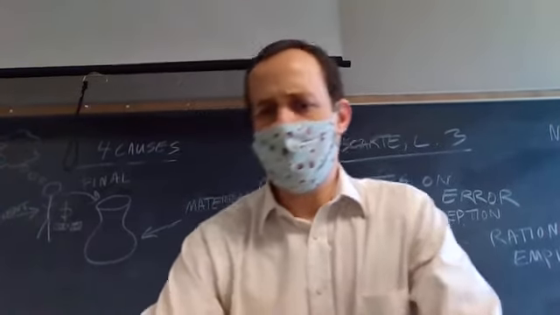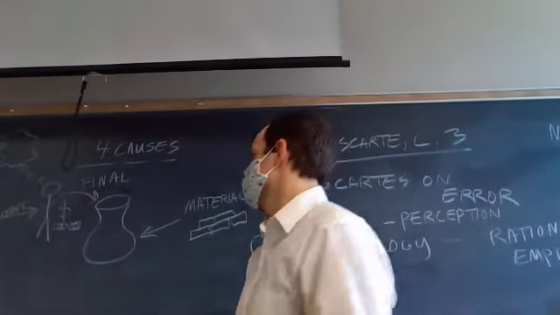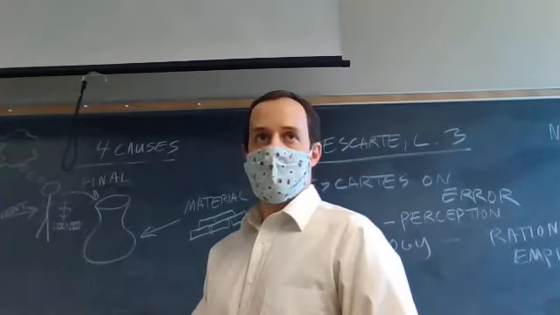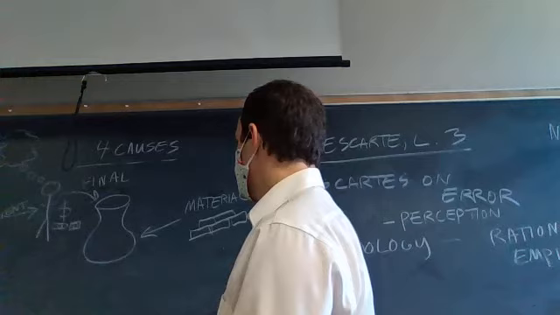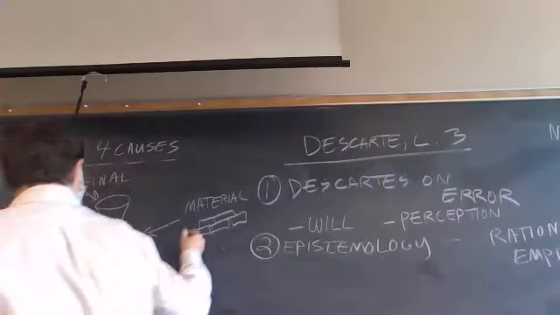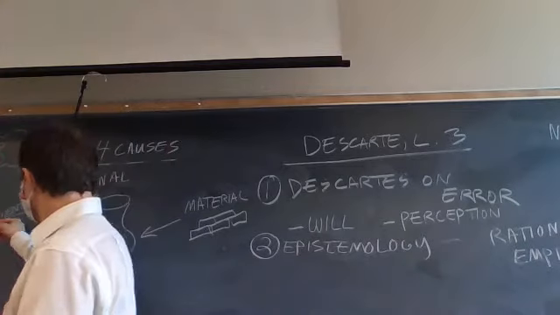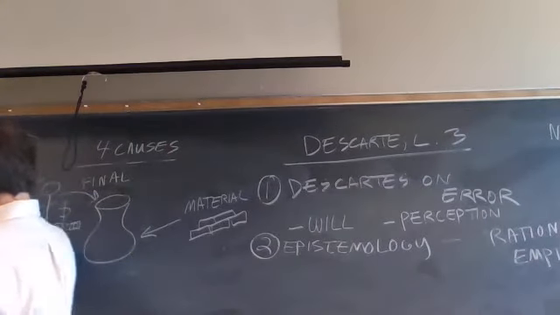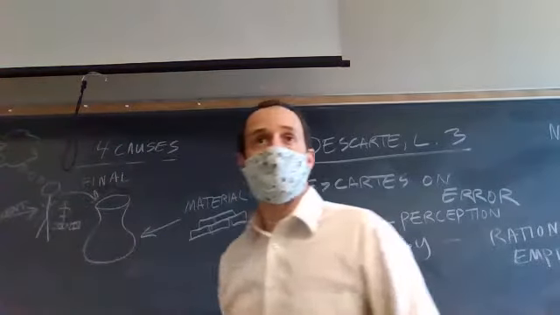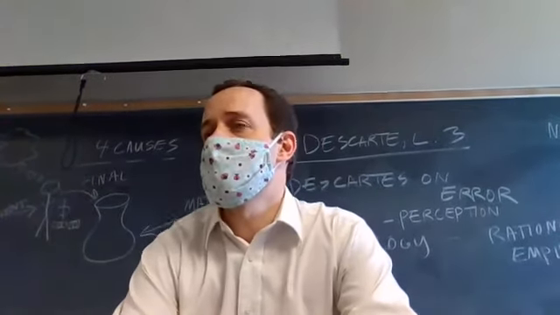And for Aristotle, all four of these causes actually are essential to explaining the existence of things in the world. Anything can be explained in terms of all four of these causes: material, efficient, final, and formal. The material being the physical stuff, the efficient being the means by which the physical stuff was brought about, the formal being the idea that animates the physical stuff, and the final being the purpose for which the physical stuff is here.